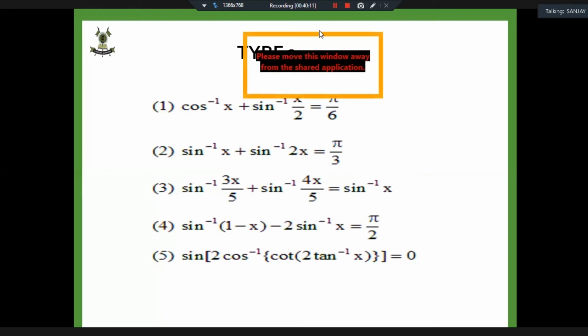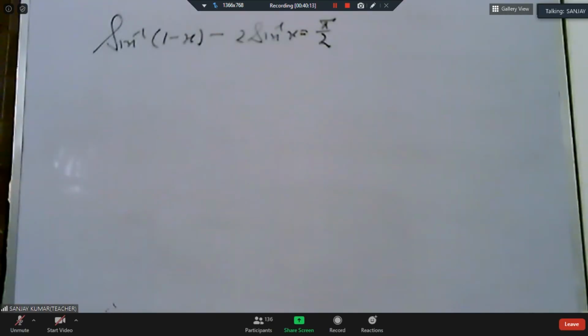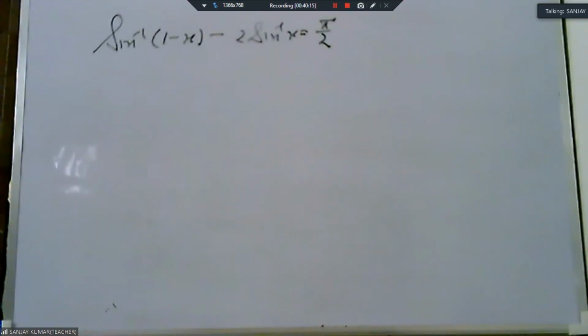Look, now I'm solving the fourth question. Please see your board now. Look, this is sin inverse 1 minus x. Try to attend all the classes, because this is non-calculus, okay? And it is based on your notes. Notes are very, very important. So if you miss your class, then with notes, again the same problem.